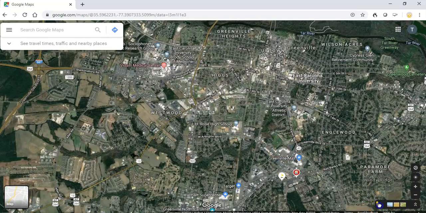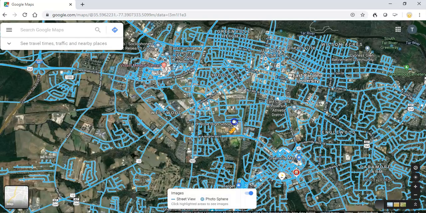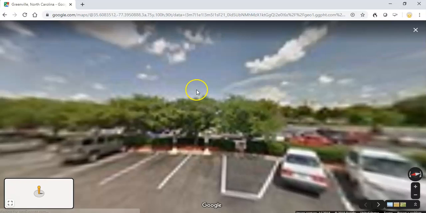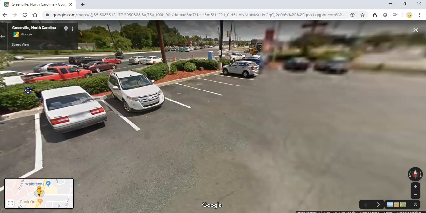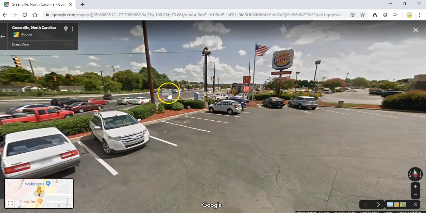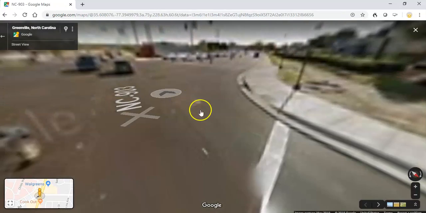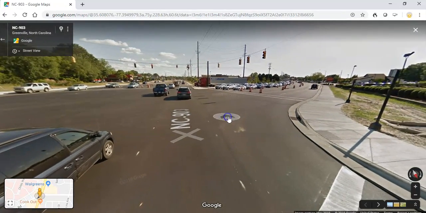The micro level is when we get down right to the street view. Like, let's look right here, right at this intersection between the workplaces and the residences. Let's move it over here a little bit. And there we see all this traffic. So this is the micro level view.